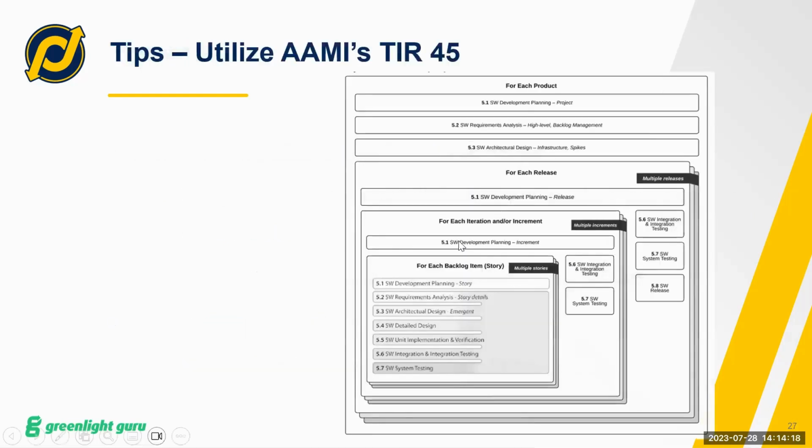The best way to get started, if you want to use a full-blown software development lifecycle like Agile, is to use AAMI's TIR 45. They just updated it in March of this year. The name of it is Guidance on the Use of Agile Practices in the Development of Medical Device Software. And this diagram is so very important, because what it shows you is that for each of the elements